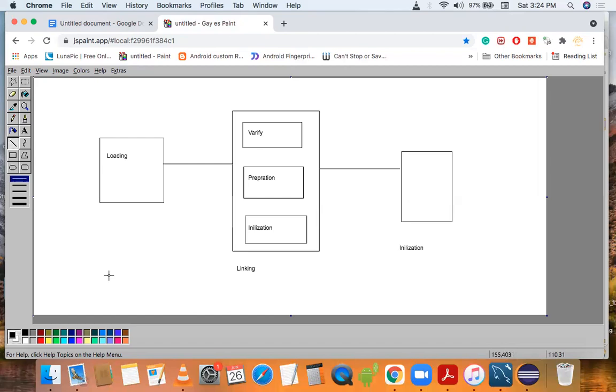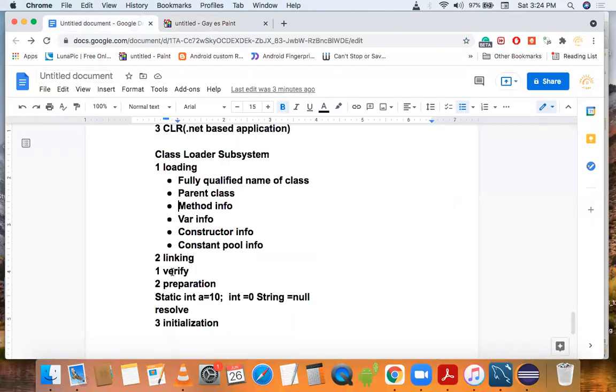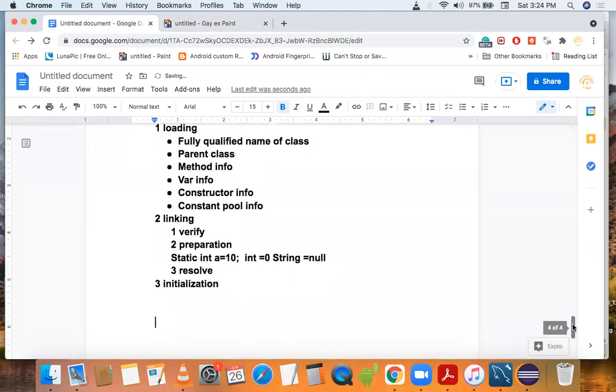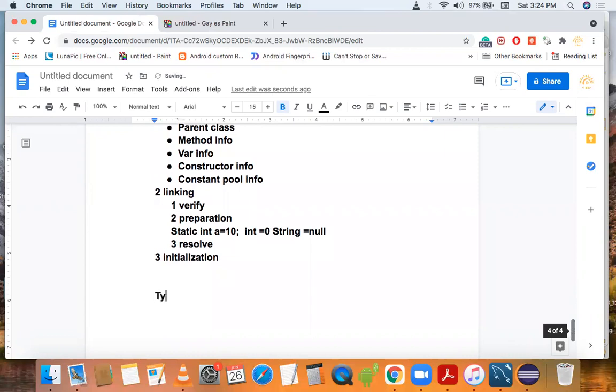Now we will learn about types of loader. Basically there are three types of loader.